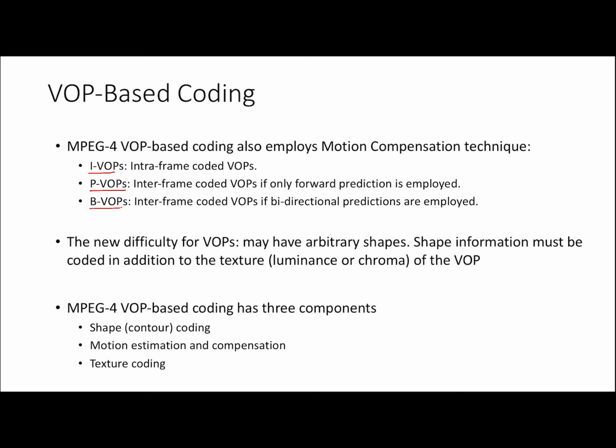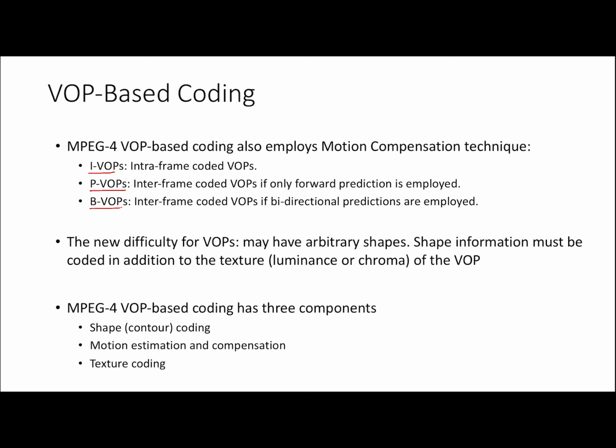Texture here actually refers to visual content, that is the gray level and the chroma values of pixels in the VOP. MPEG-1 and 2 do not code shape information since all frames are rectangular, but they do code the values of the pixels in the frame. In MPEG-1 and 2, this coding was not explicitly referred to as texture coding, but when we are considering their intensity values and the color values, it is called texture coding.